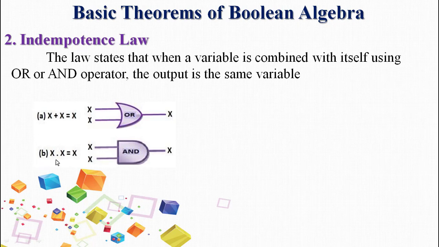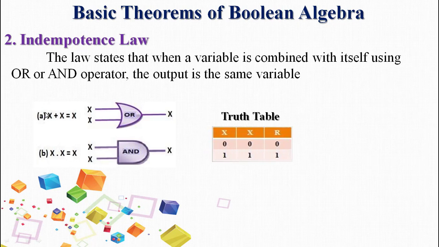Drawing the circuit diagram for the second idempotence law. 2 input lines or signals are there, both are x and x. The output is x, but the inputs are multiplied. Multiplication is represented by AND. Let us prove this idempotence law with the help of a truth table and with the help of the proof by perfect induction method. First we'll prove this theorem with the help of a truth table.